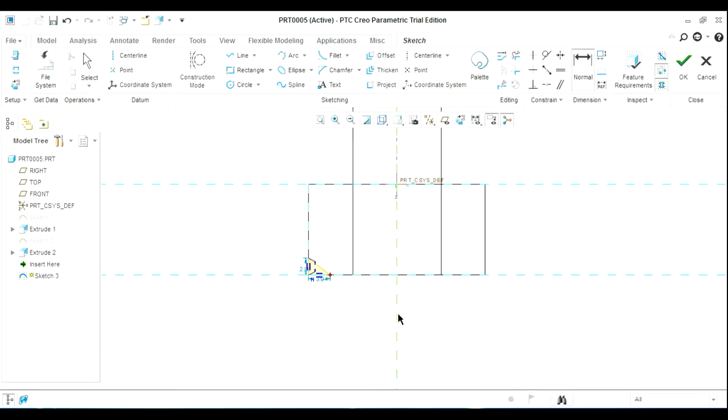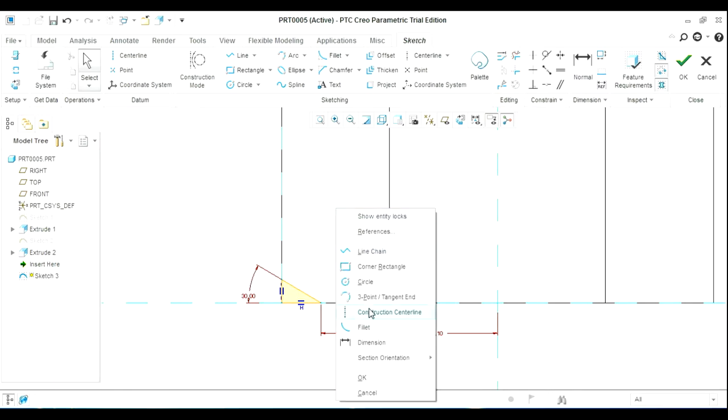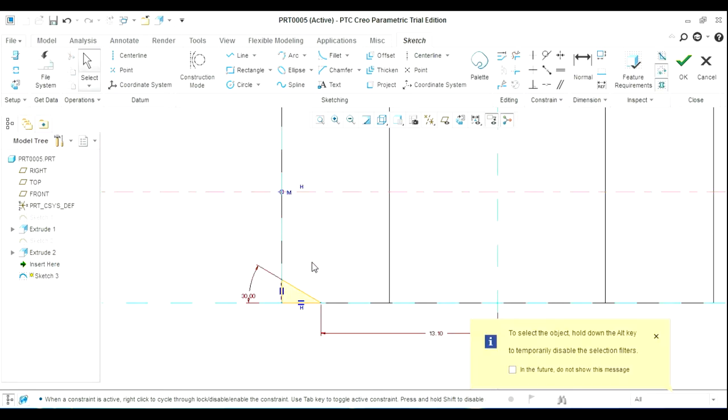Dimension the point and the center line 13.1 units, which is indicated by capital R in our drawing, which is 0.85 times the diameter of the bolt. Since we have two chamfers on the face of the hexagon, mirror it to that side about a center line.